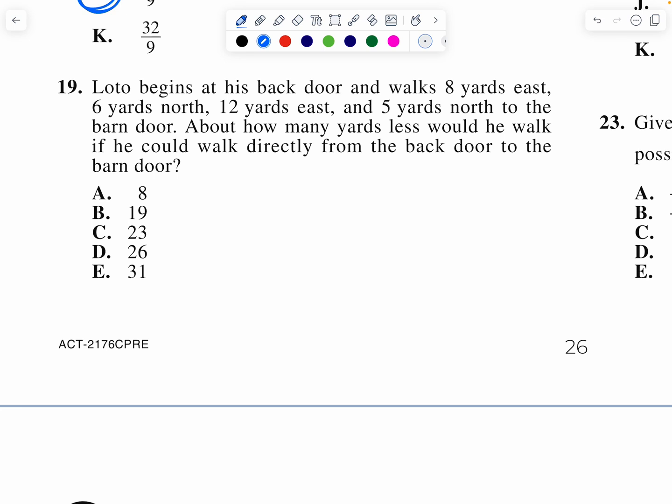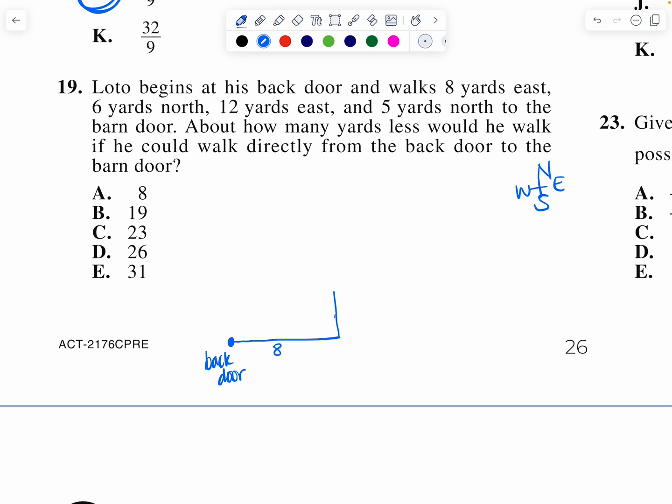So Lotto begins at his back door. So we're going to say this is his back door here. All right. And he is going to go 8 yards east. So remember, you need to know your directions, right? However you memorize it, I always memorize it as never eat slimy worms, but I think you guys have learned it a different way. So we're starting here, we're going 8 yards east, so this is 8,